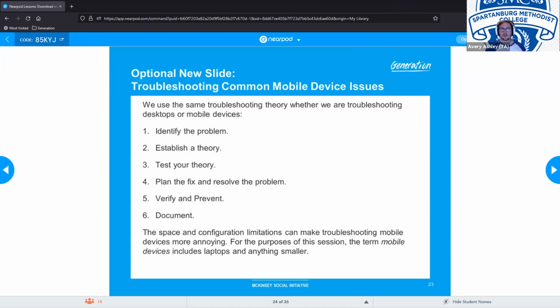So first, we want to identify the problem. So what is our problem? Two, we need to establish a theory. So what do you think is causing it? Then you're going to test that theory. After that, plan the fix and resolve the problem. If your theory is incorrect, establish a new theory. Then test that theory. And once your theory has been proven to be correct, that's when you'll plan the fix